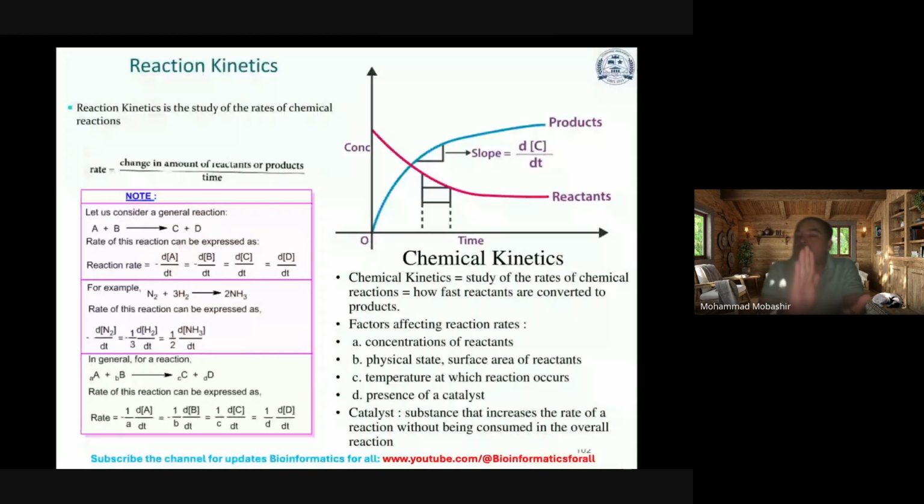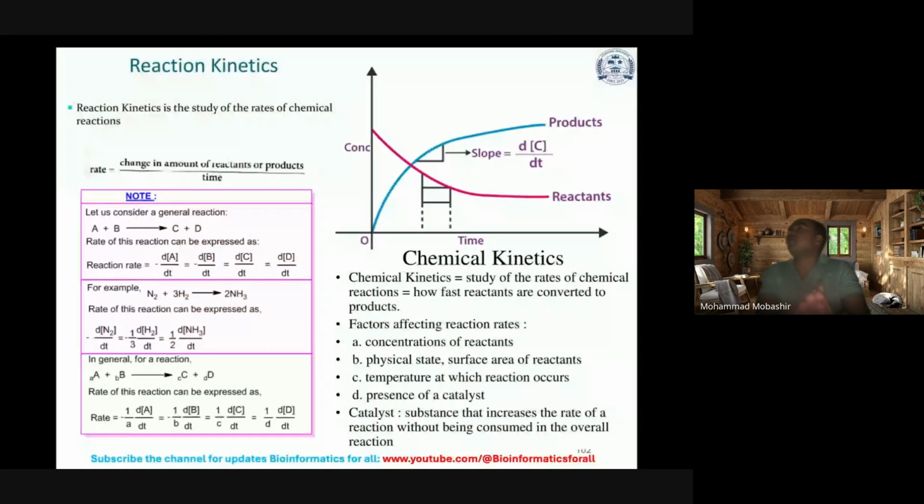If the slope of reactant is going down, then at the same rate, the product slope must be going up. That's the only fundamental concept. If it is not going in this way in your computational simulation, that means the way in which you have written the codes for the mathematical equation will definitely be wrong. So you are not following the mass action kinetics, because when you sum it up,